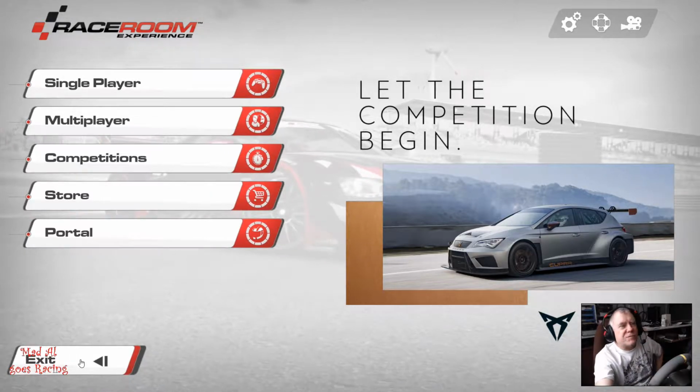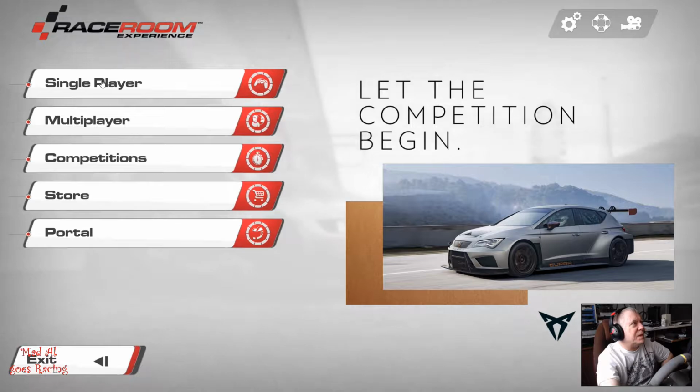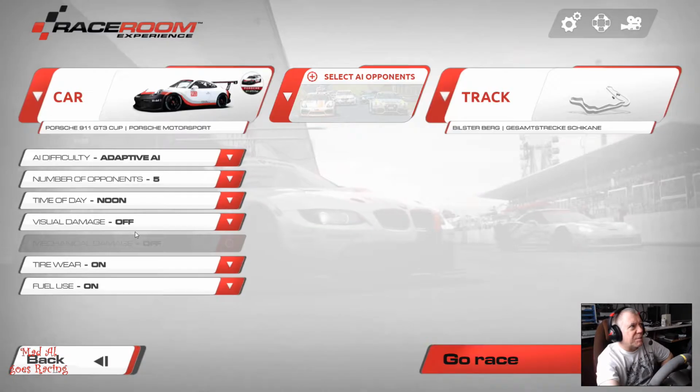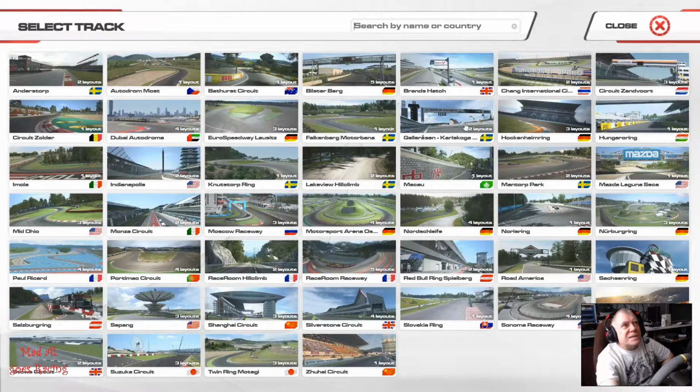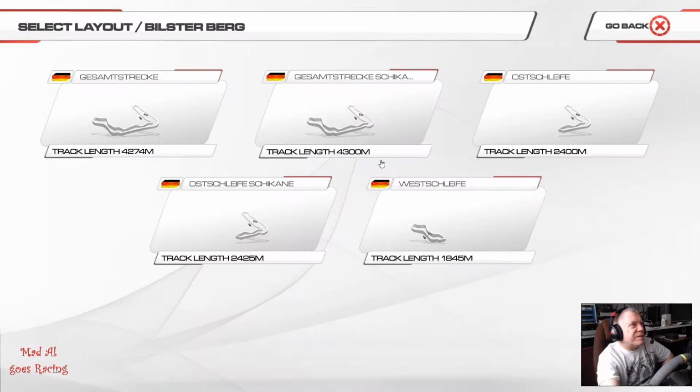This time they have released another circuit, namely the Bilster Berg track, which has 5 layouts, which are the full course with the chicane, the east loop with a chicane, and the west loop, and that's going from the longest to the shortest. And we're going to have a quick look at the